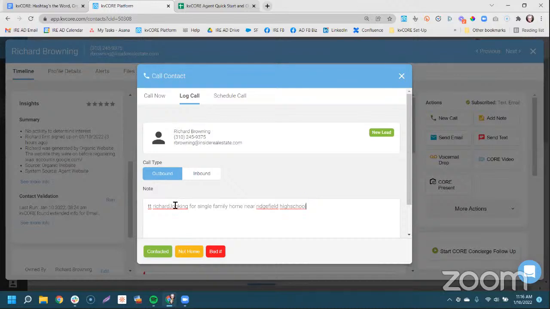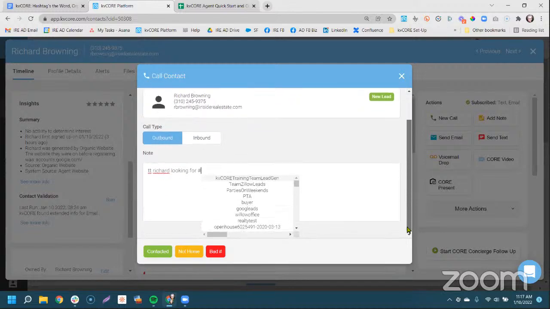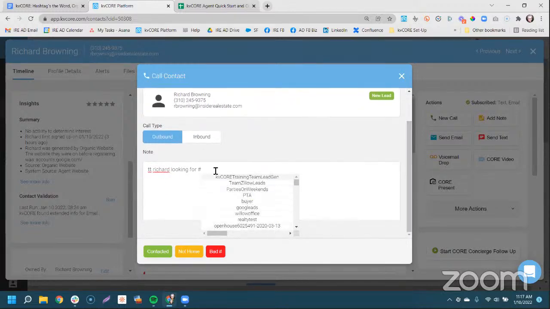But at the same time as adding your note, when we're speaking to hashtags, you can also say, looking for single family home near Ridgefield High School. That could just be talk to Richard, looking for, and then maybe it's hashtag. Then the system would be like, well, what of your hashtags that currently exist do you want to add here as a note? Maybe we don't have one, parties on weekends.